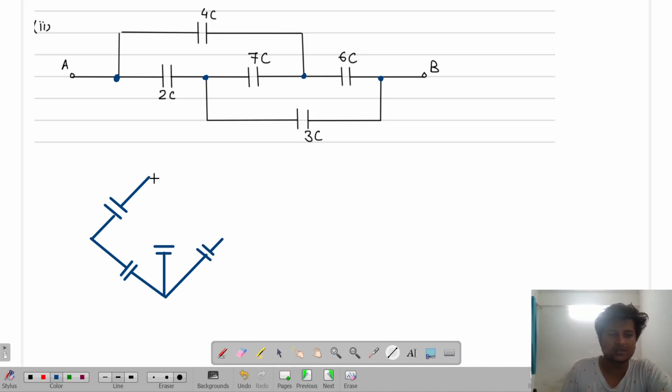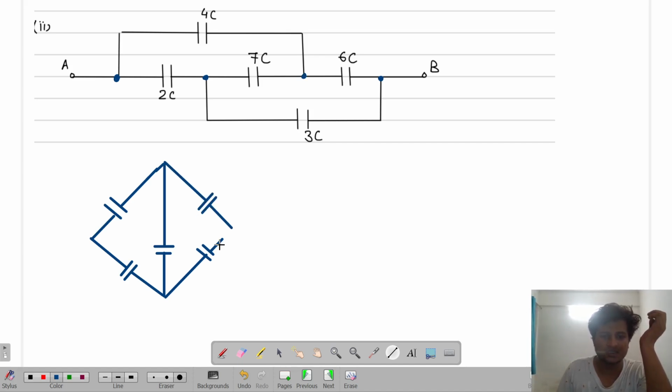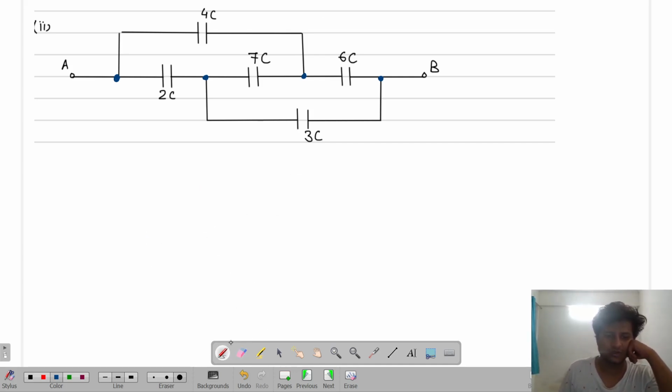Got it. Next, this is once again the 4C attached with the 7C. So look over here, I attached my 4C with the 7C. And then the 7C is divided into two parts. One is 6C, which is combined with the 3C part, isn't it? So isn't this looking like a Wheatstone bridge? Always, when you get this kind of arrangement, it is a Wheatstone bridge only. Are you able to get me?